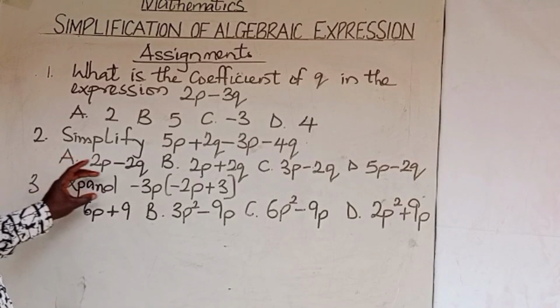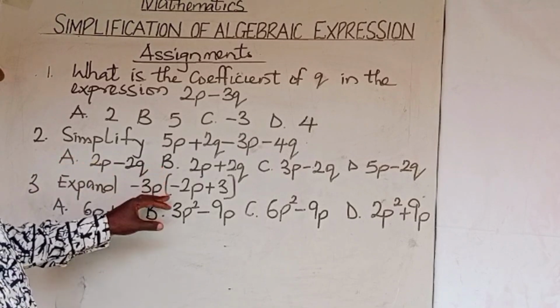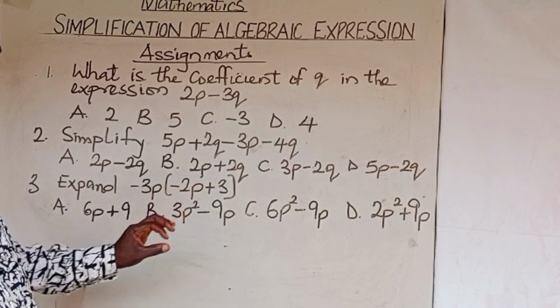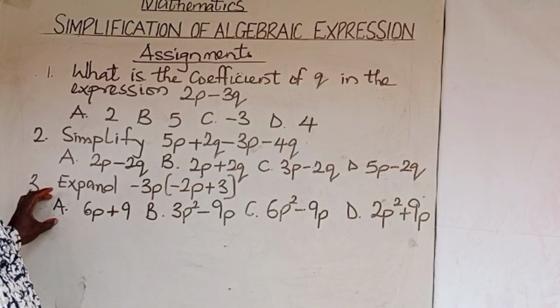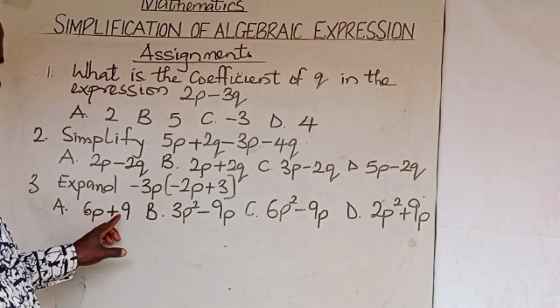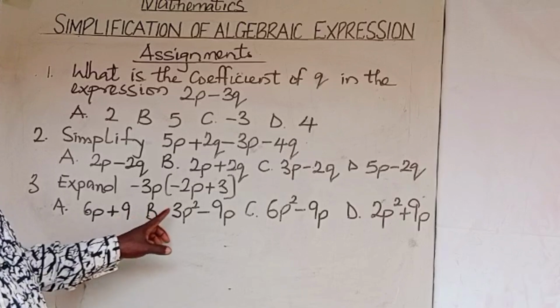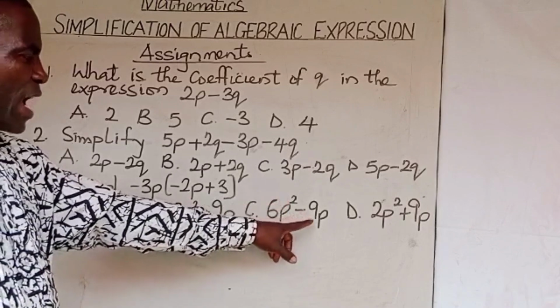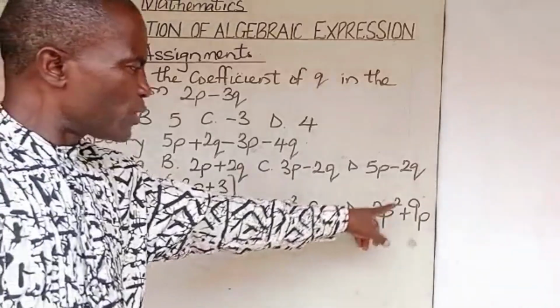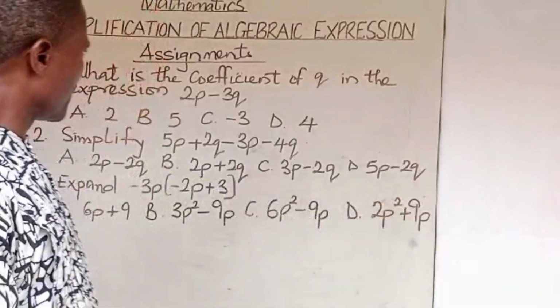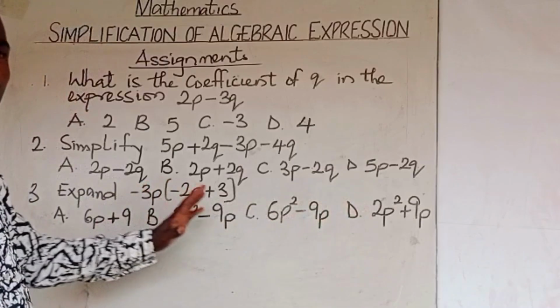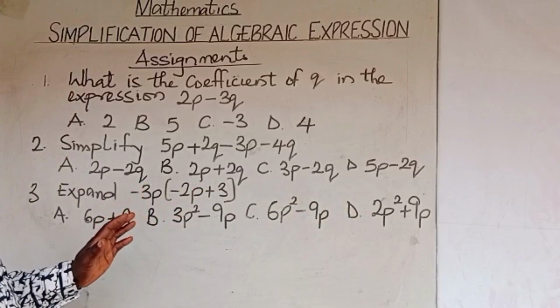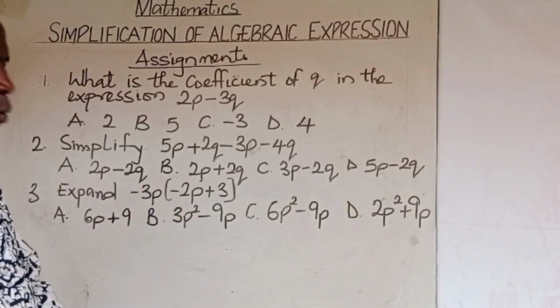Number 3, assignment. The question says expand minus 3p into bracket minus 2p plus 3. The options provided are A 6p plus 9, B 3p square minus 9p, C 6p square minus 9p, D 2p square plus 9p. So you are going to identify the appropriate option,